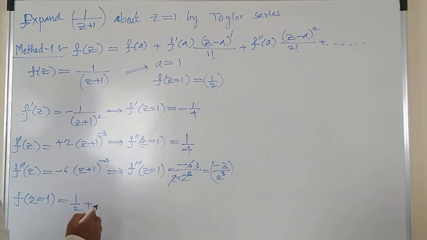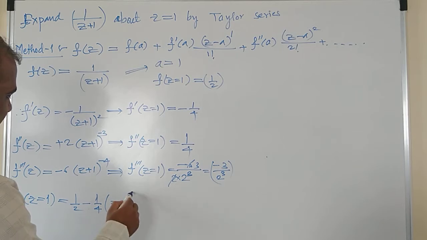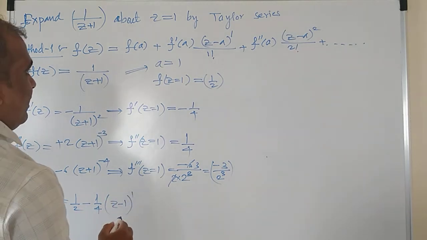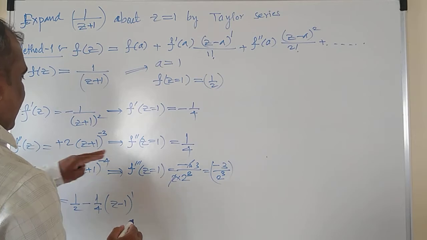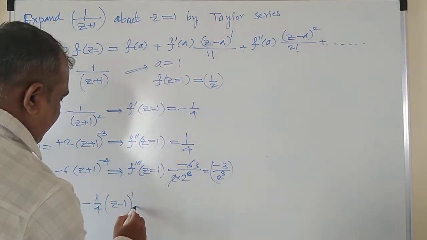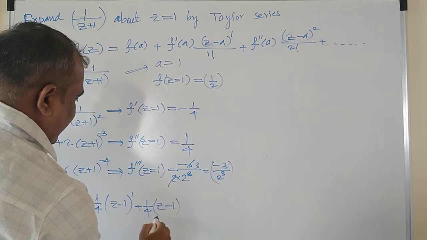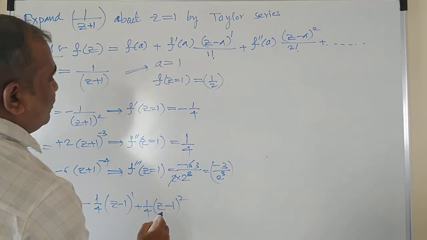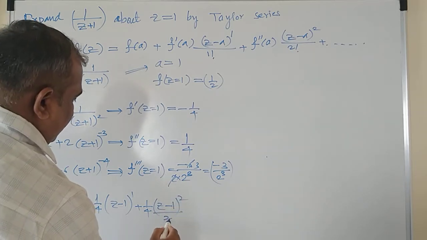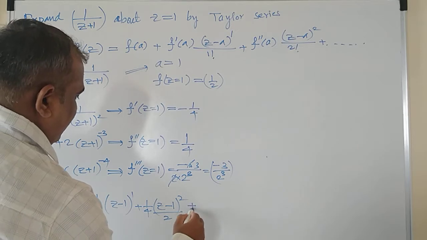F dash of a is minus 1 by 4. This is minus 1 by 4 into z minus a, that means z minus 1 raised to power 1, plus f double dash of a. F double dash of a is 1 by 4, so plus 1 by 4 into z minus a square upon 2 factorial, that means 2 only, plus